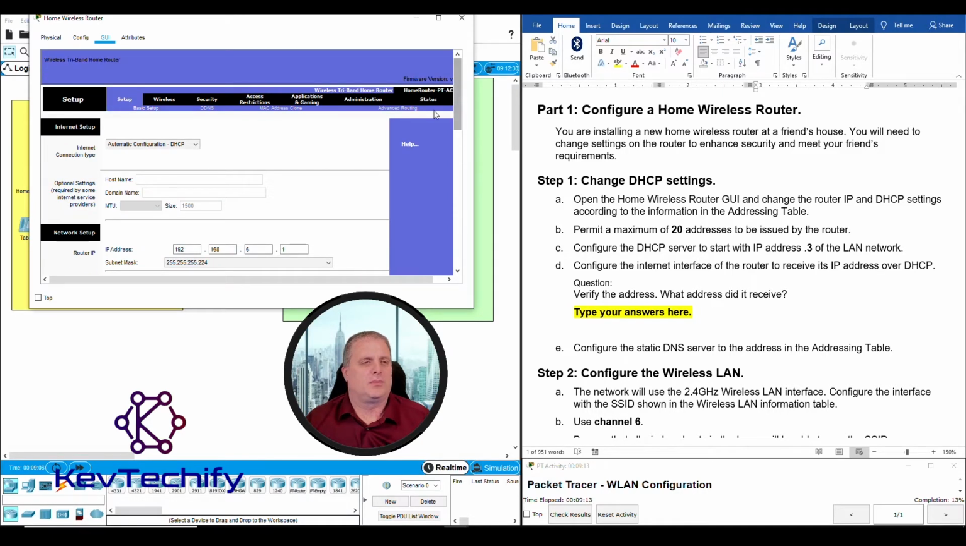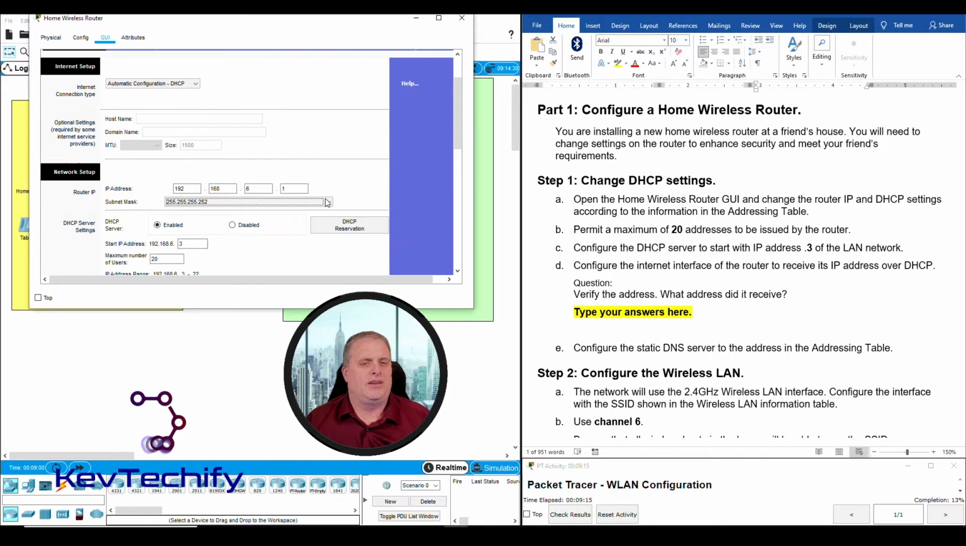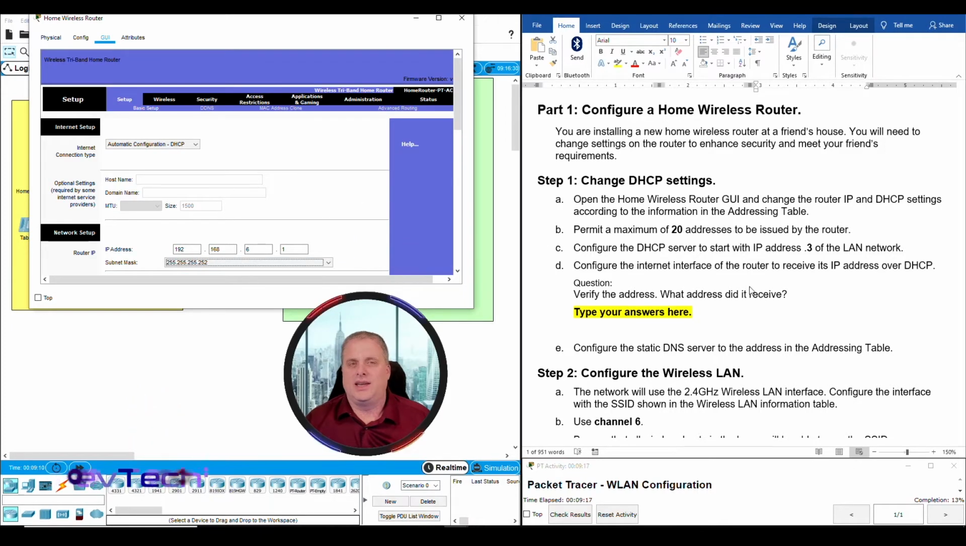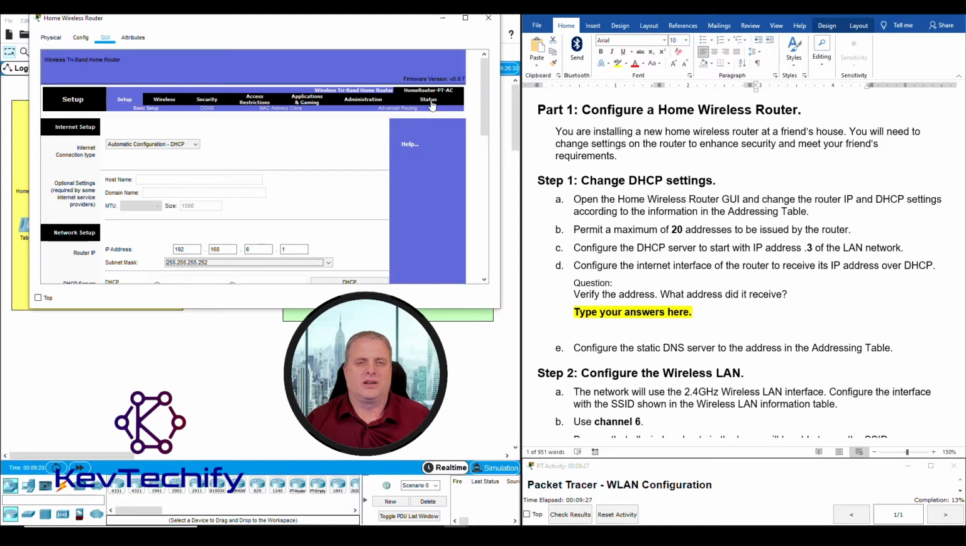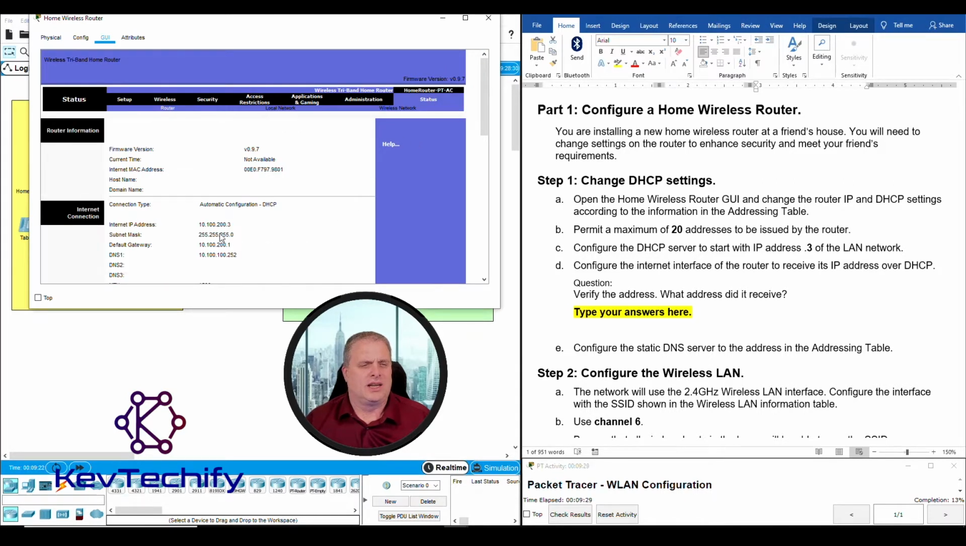Go back up. Looks like it's saved. Looks pretty good. Now it says verify our IP address. How I verify it is I click on the status over here. I'm gonna make the window a little bit wider. Click on status. And then here's our internet IP address of